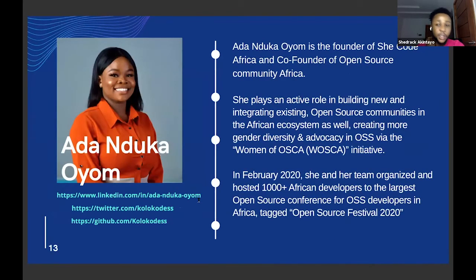The next person is Ada. Ada Nduka Oyom is the founder of She Code Africa. Like I said, She Code Africa is a non-governmental organization that provides girls and women opportunities to learn how to code and get into open source. She also co-founded Open Source Community Africa with Samson. They are great friends. She plays an active role in building new communities and integrating existing open source communities in the African ecosystem. She's also creating gender diversity, which is very important. Like I said, our community is very diverse, and she does advocacy in OSS via the Women of OSCA, like I talked about earlier. In February 2020, she and her team organized and hosted one